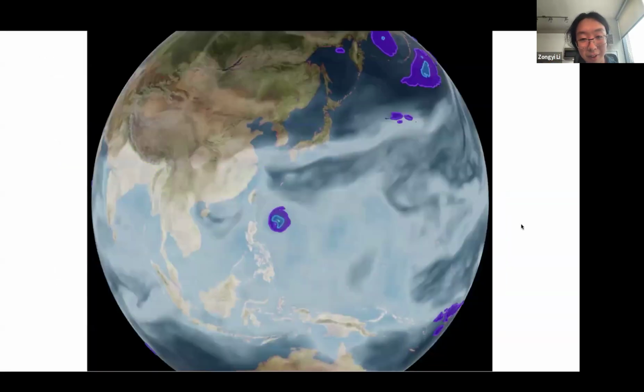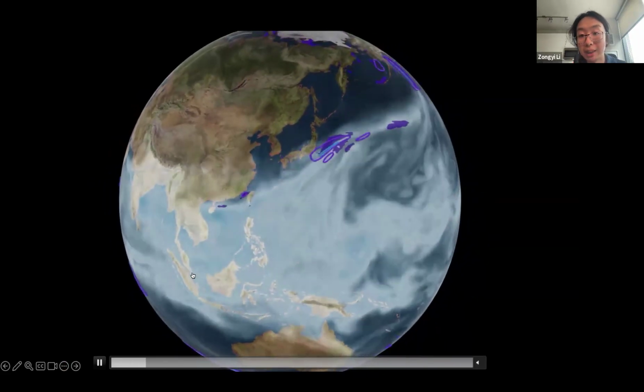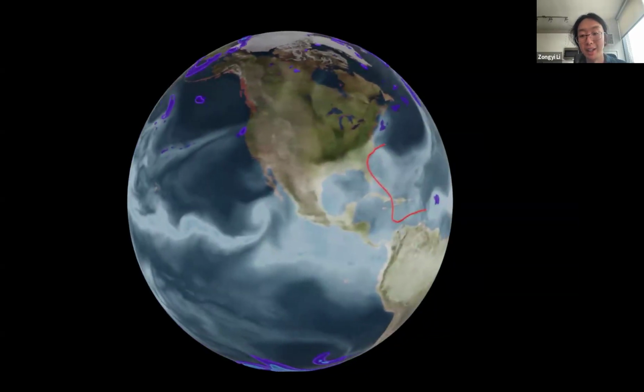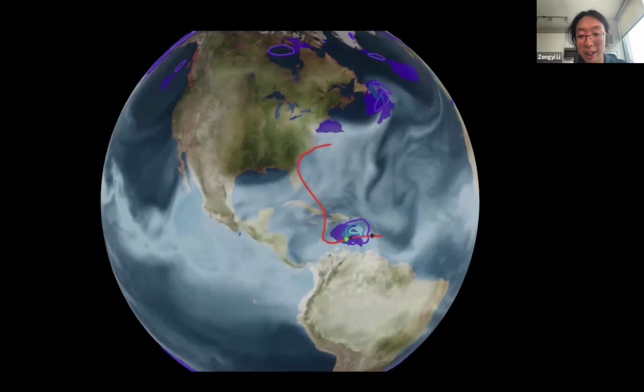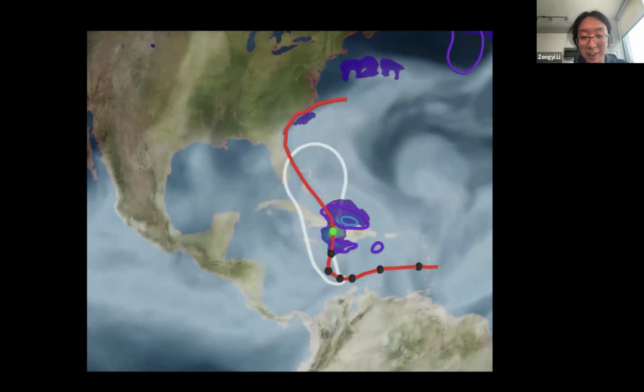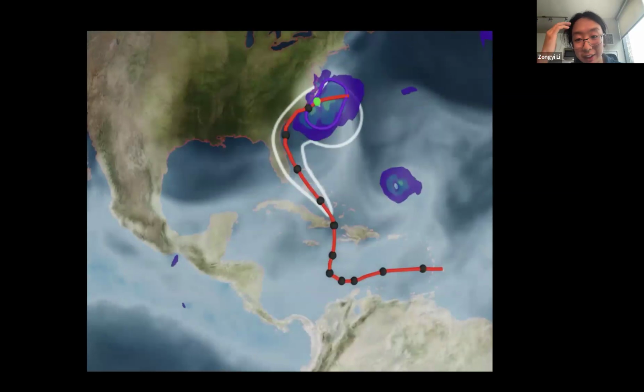FourCastNet is one of the first models that show it is possible to do data-driven weather forecasting. For example, here, it can model Typhoon Matthew in 2016. We know that Hurricane Milton is striking Florida again, but in this case, it's the 2016 case. It can accurately predict the typhoon, and it has a lot of impact. Especially, it can help to save people's lives and property.